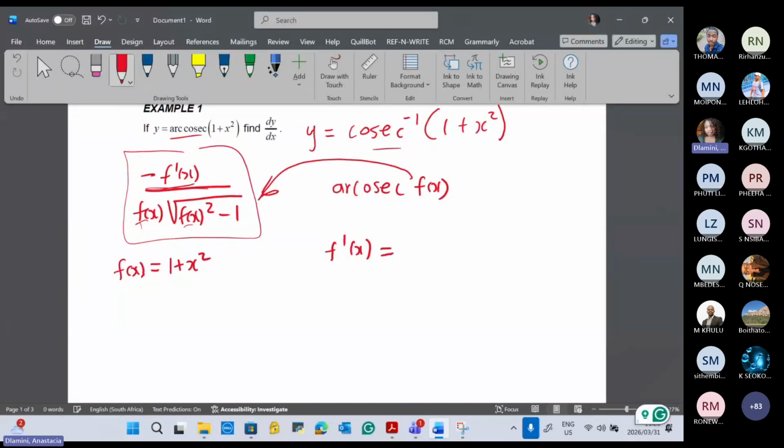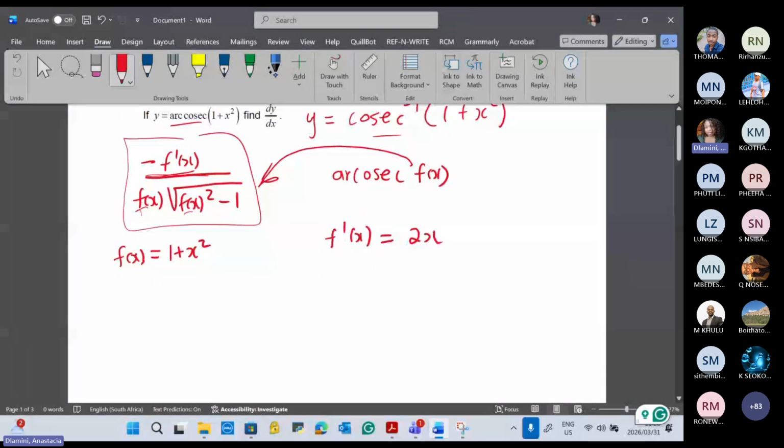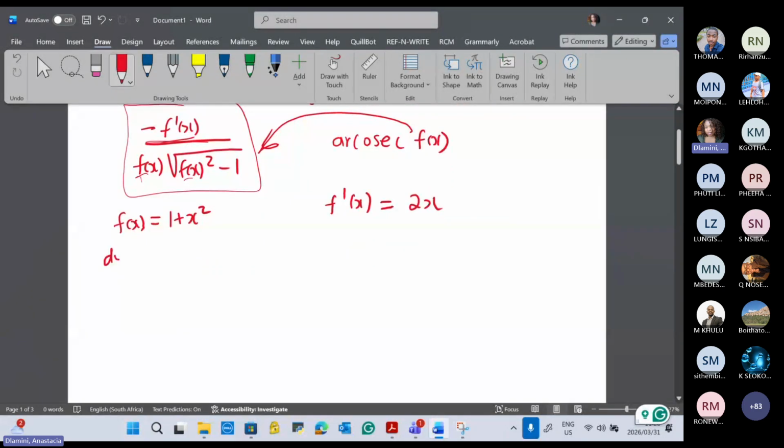So then we say dy over dx is equal to minus the derivative of f of x. Now, always put f of x in brackets, guys, because sometimes you might have plus 1, and then if you just say 2x plus 1, it becomes wrong. So always put it in brackets, because there's a negative sign over here. We say the derivative of f of x is equal to 2x. So put 2x in brackets over